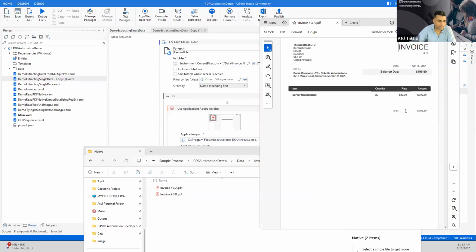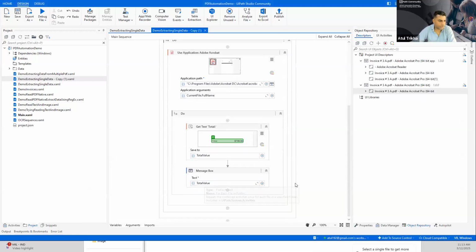But once you do that, simply you will point it to this particular field, and that is what an anchor base will be. It's a very simple one, the easiest one to use. You basically point to which application. For example, instead of Acrobat Reader, I'm using the Acrobat DC, which is like the professional Acrobat tool. So when you indicate that element, it will automatically be able to detect that path. And then you need to simply indicate the field which you want to extract. Very simple, no coding, no manipulation. You simply point to that application, point to that field you want to extract, and that is what this activity is doing. So